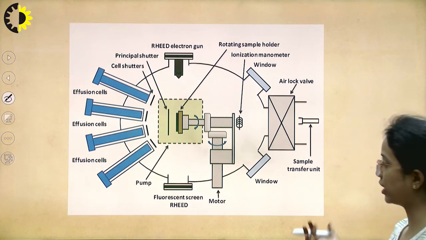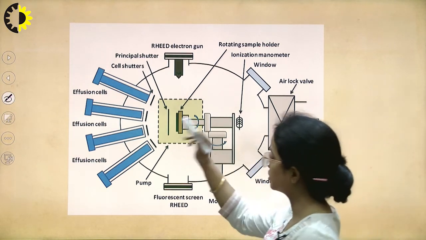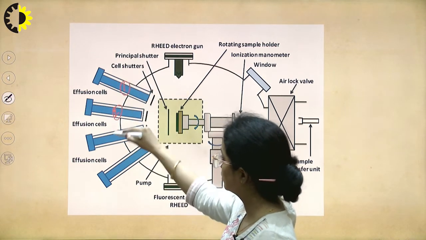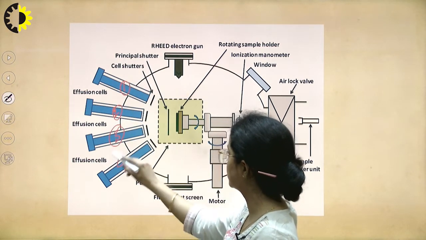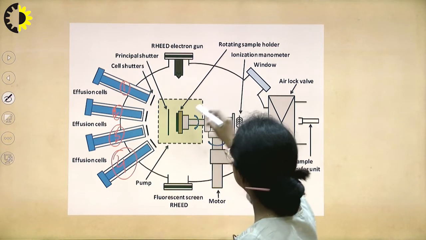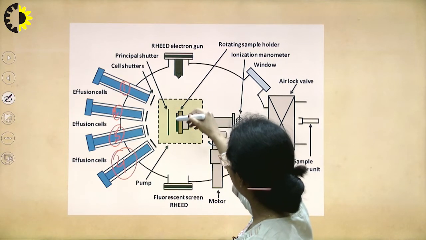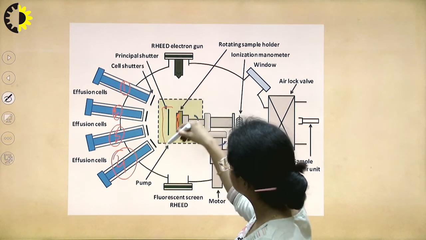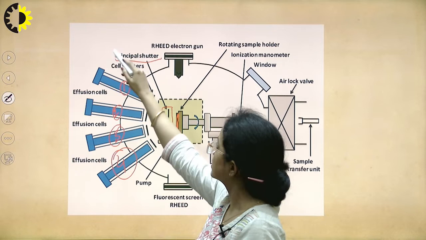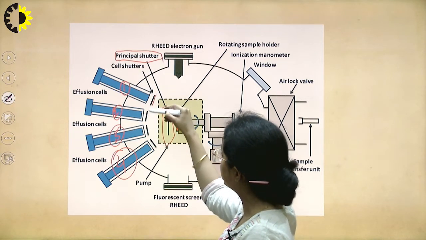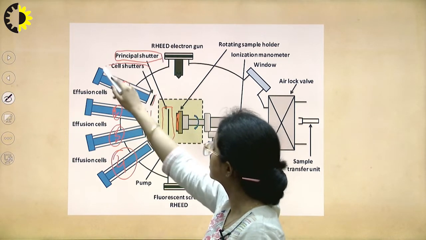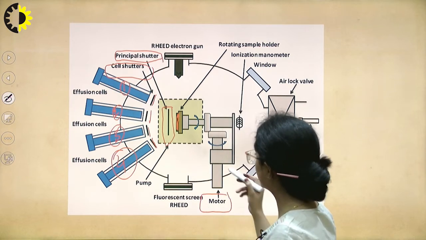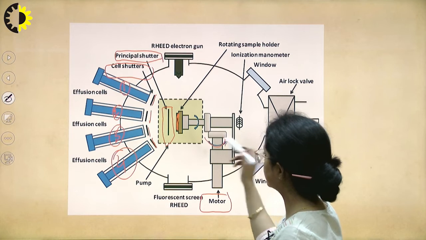This is another example. We have included several diagrams only to make the viewer comfortable with different types of patterns. Now, here we have effusion cells. They are here in this picture. We have 4 effusion cells: 1, 2, 3 and 4. This black thing is the wafer. This is the principal shutter. These are independent shutters. And of course, we have a motor, and this motor rotates this shaft like this.